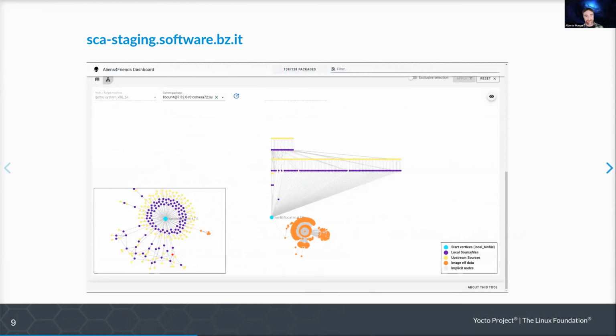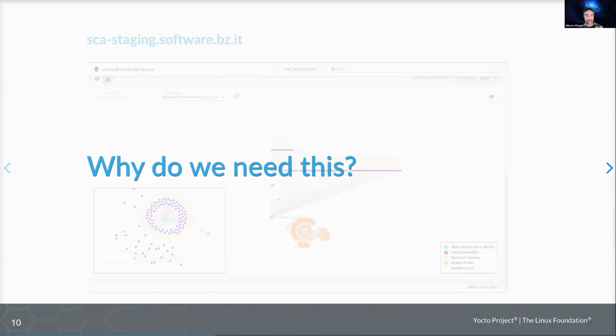This is the new version of the dashboard that will include also a graph database presentation. It's already deployed, even if it's really work in progress. So don't trust it. It will probably crash many times, but it's already deployed here. And